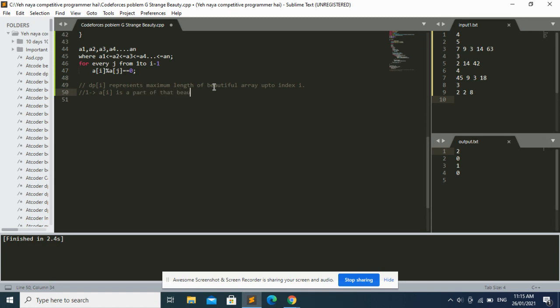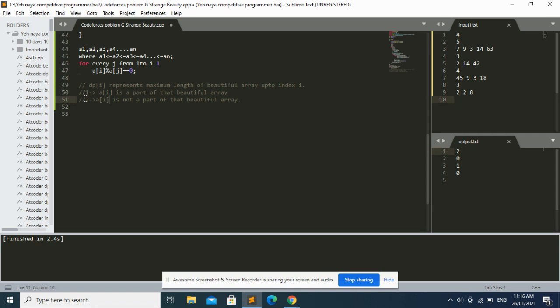And case 2: a of I is not a part of that beautiful array. So there are only two cases to be considered, first and second.